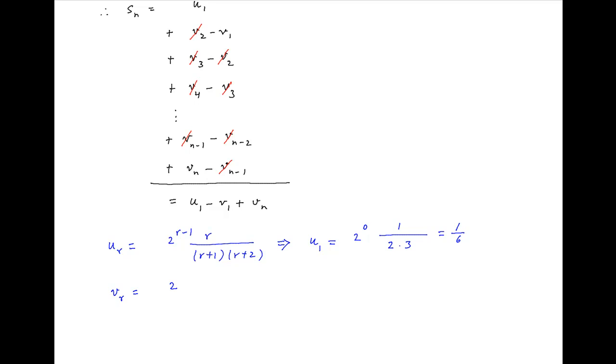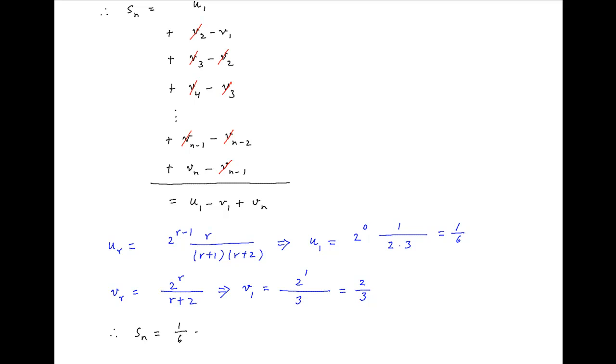Also recall that V_R is equal to 2^R divided by (R+2). Put R equal to 1, we get V_1 is equal to 2 upon 3. Substituting these values in the above expression for S_n, we get S_n is equal to